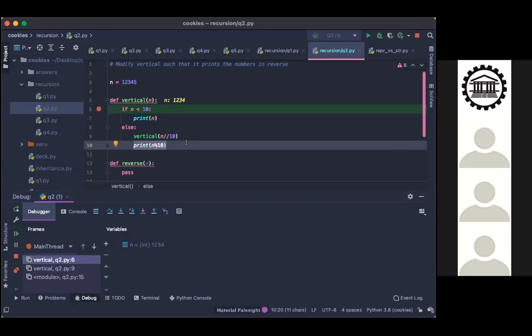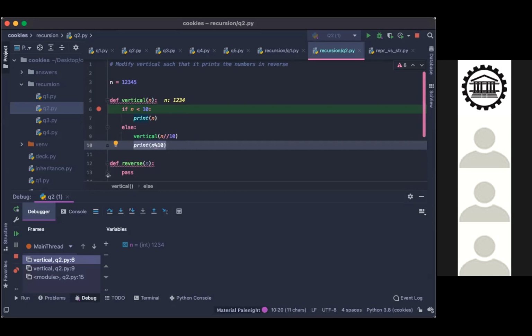Because, speaking in terms of what the Python visualizer shows, it creates a new frame because the function vertical was called again with a new argument. So it has to run that function first and then print this one. Yes, that function has to happen first before printing this statement.